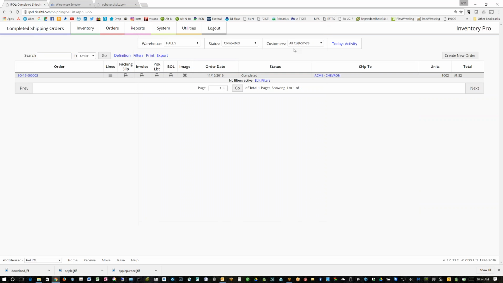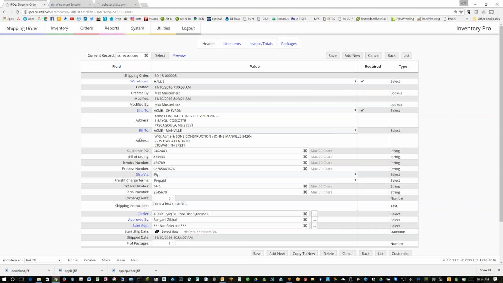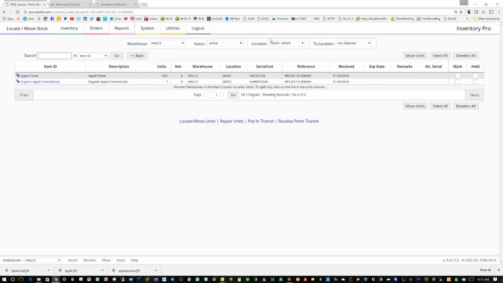So now we want to return it. I think we just come in here and there's a cancel button down here. Okay, so that returns everything back. And then you could just reship what you actually shipped. The other way to do this,